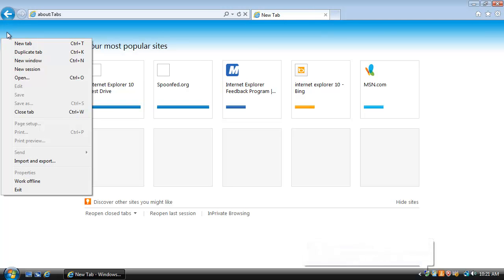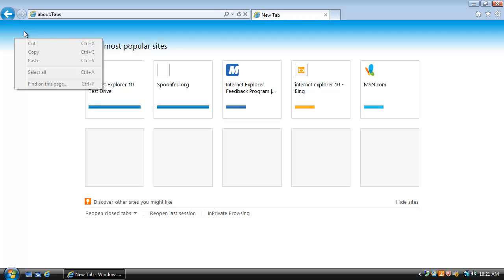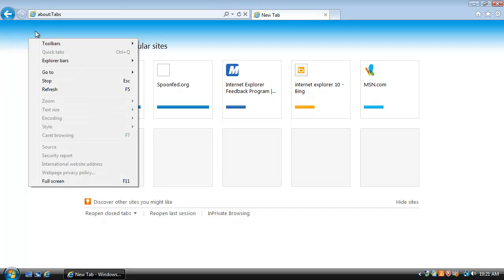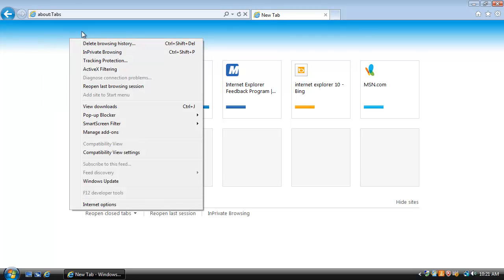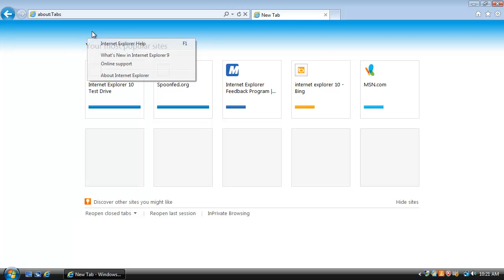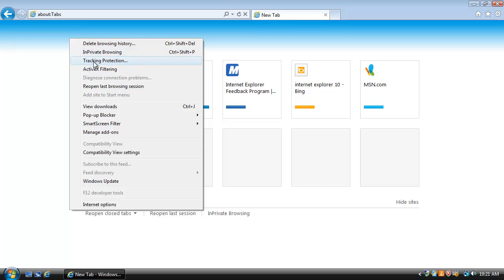So this is the file menu, edit menu, the view menu, favorites. I'm guessing this is tools or something like that. And this is about or help. We can do this,